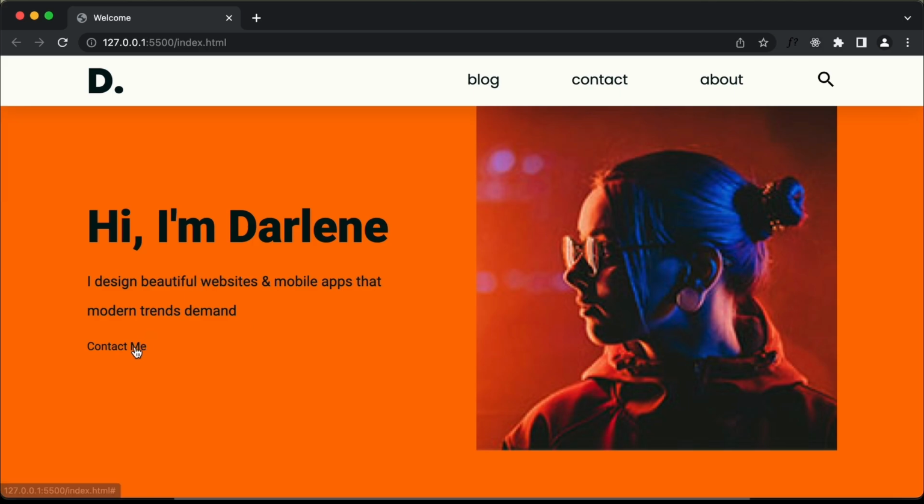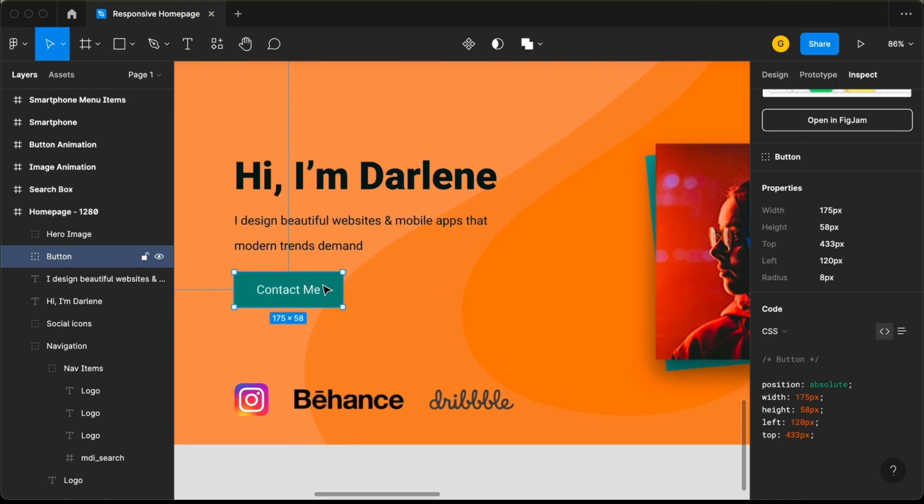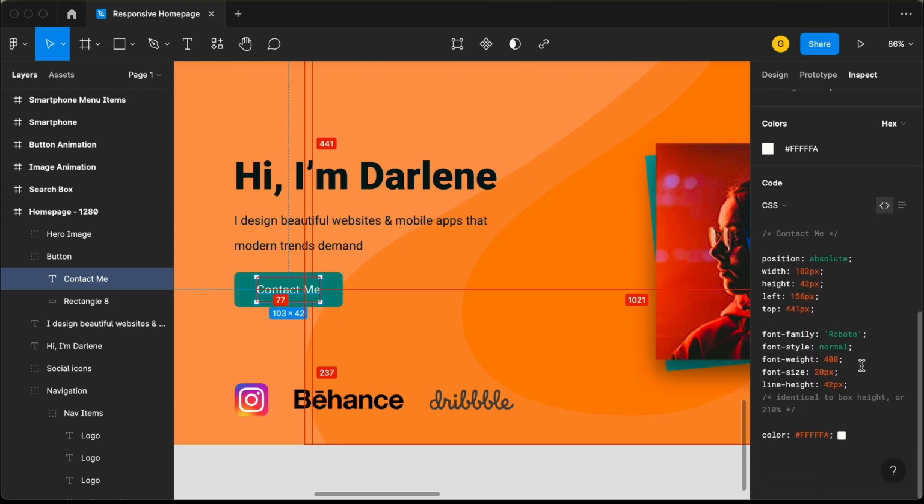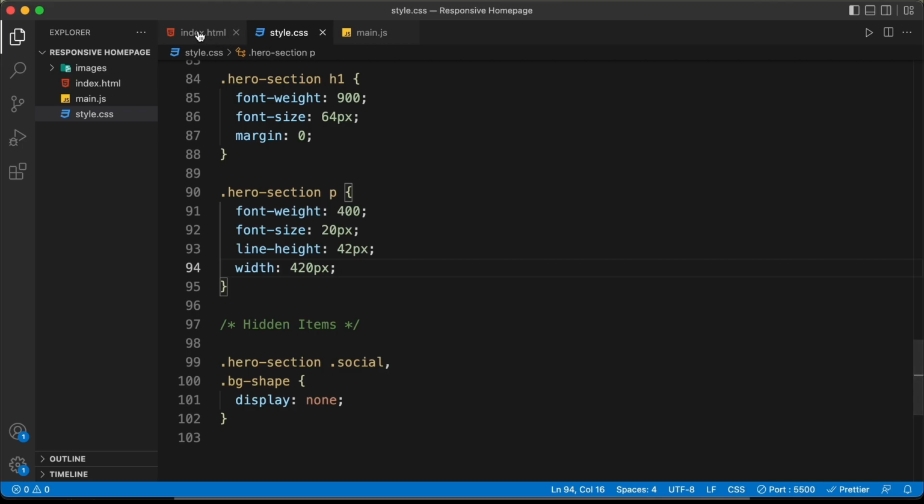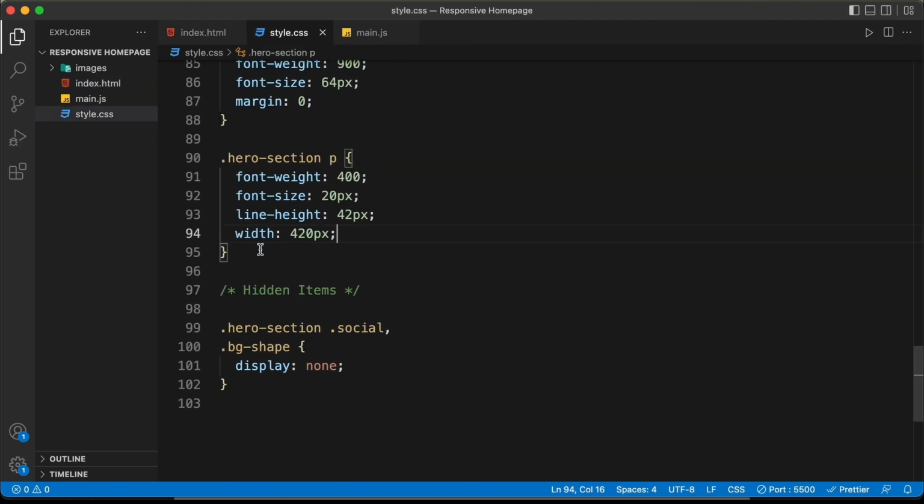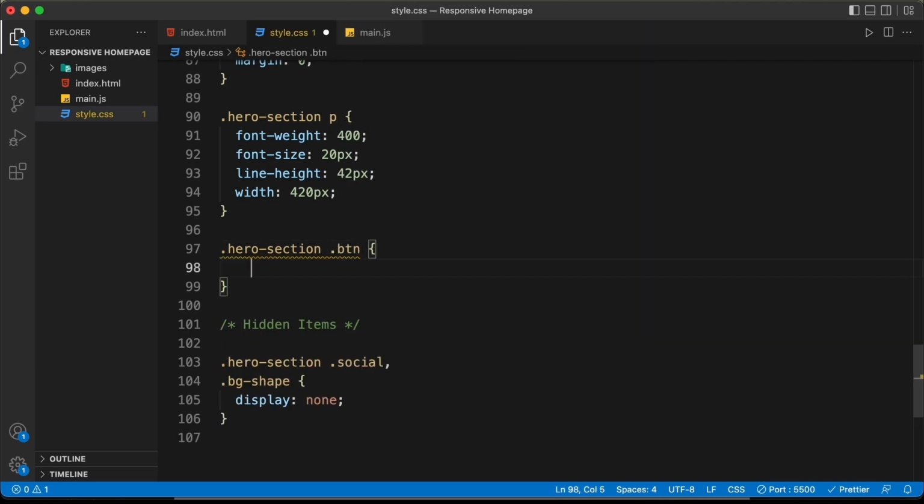Right now let's style this button. So if you go back to our Figma file, this is how the button looks right now. So let's double click over here and let's go to inspect, and here we can see this is the font size of the button. So let's copy this font size from here and let's go back to our CSS. Let's see what is the class. So for the button we have an anchor tag with a class of btn. So let's go back to our CSS file and let's type hero section btn and let's paste the font size